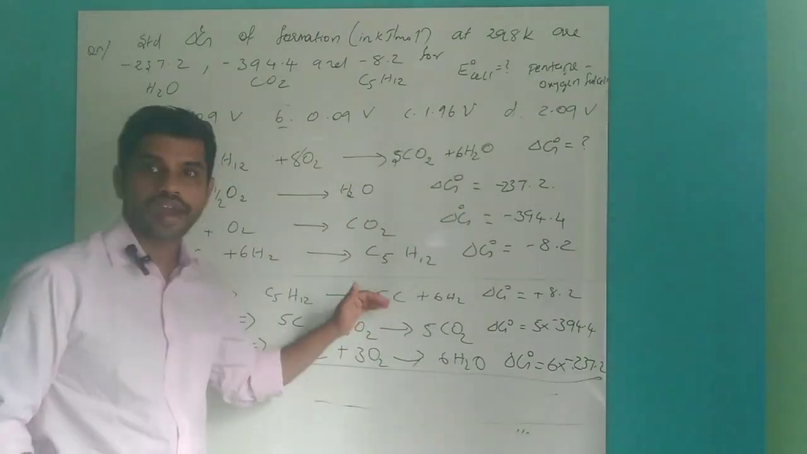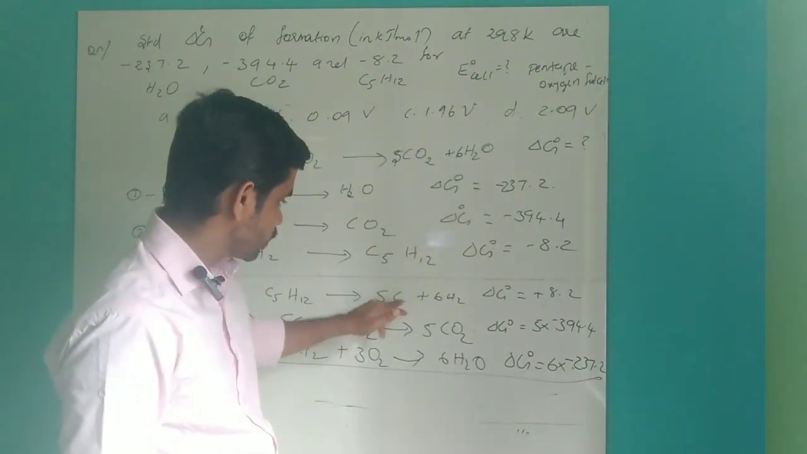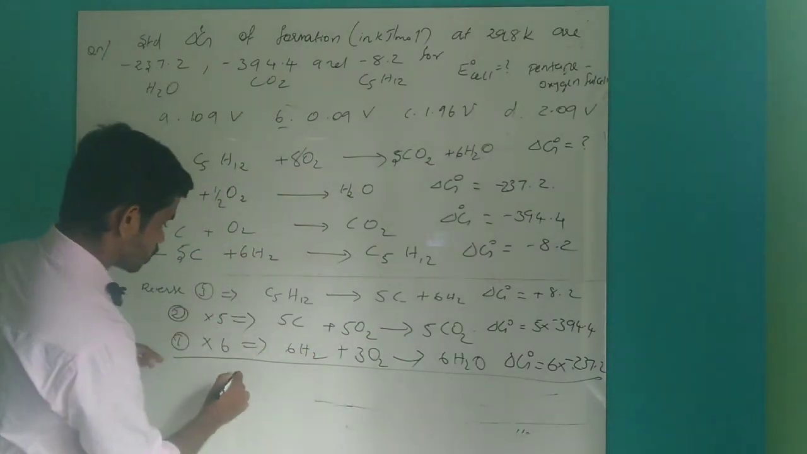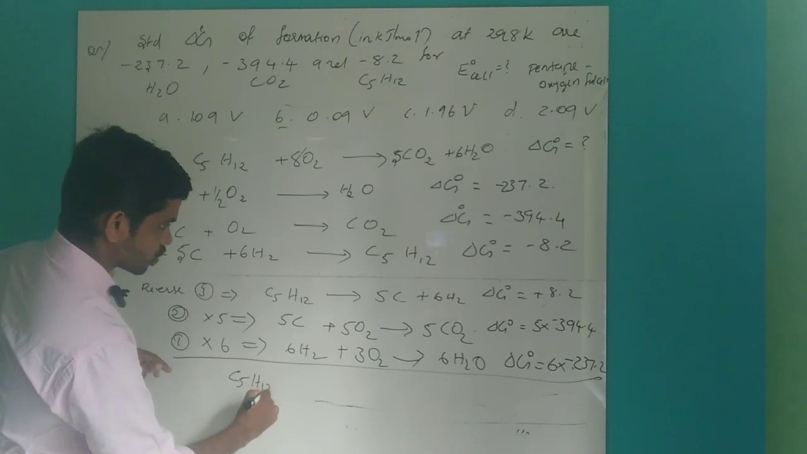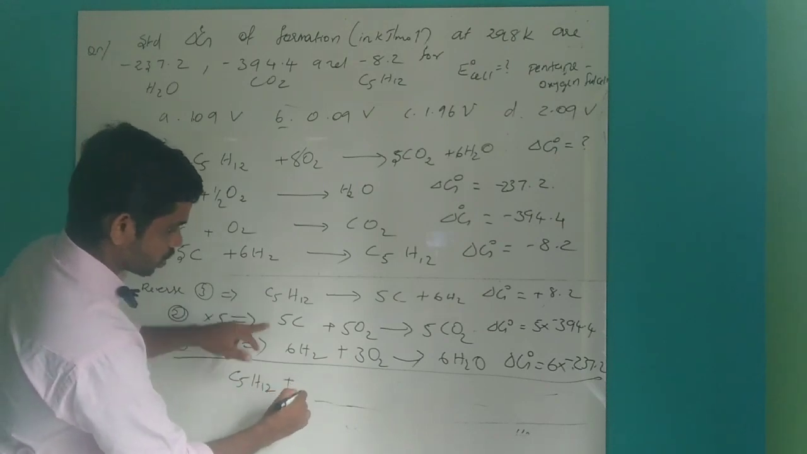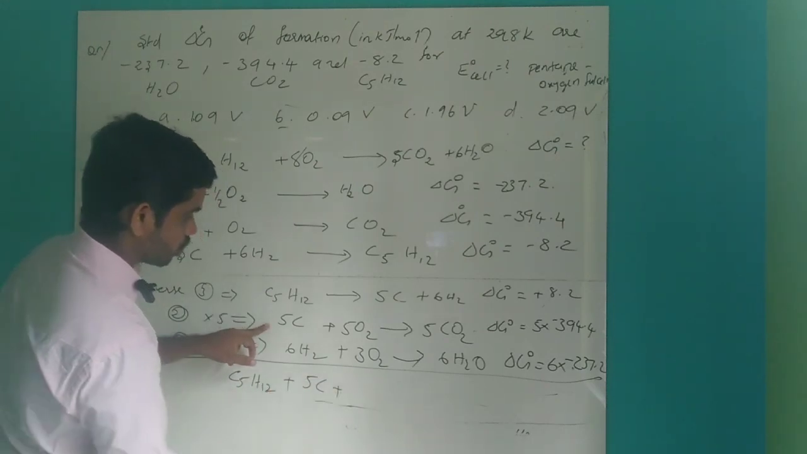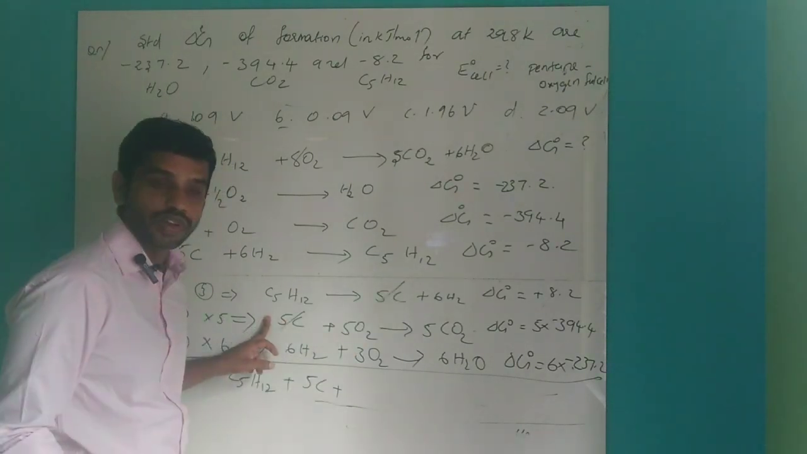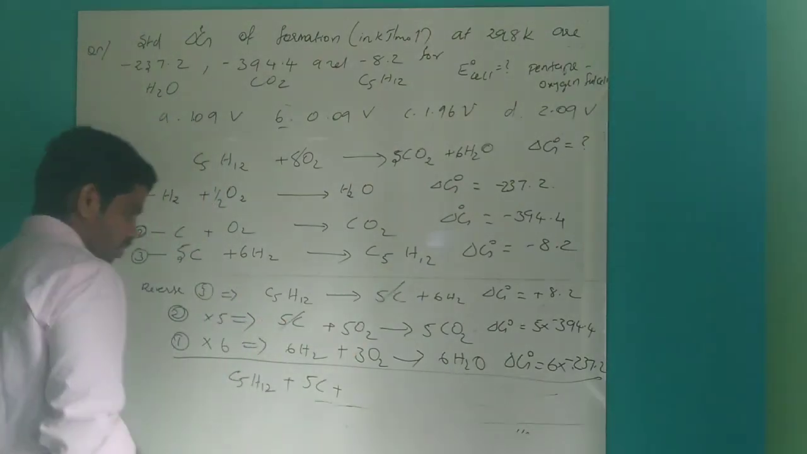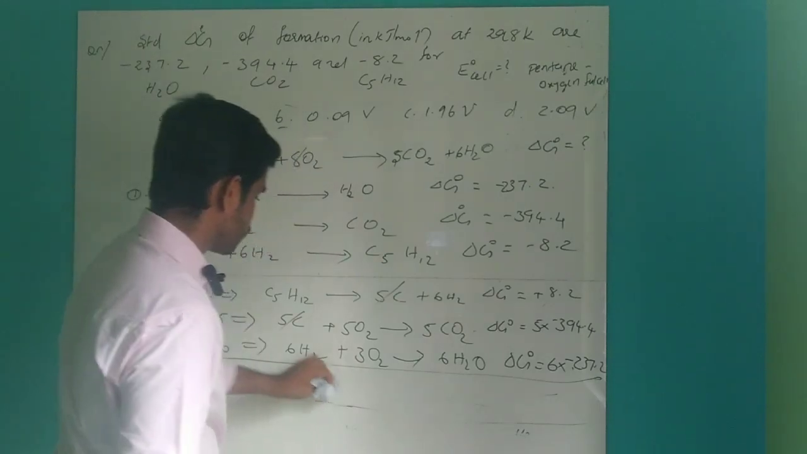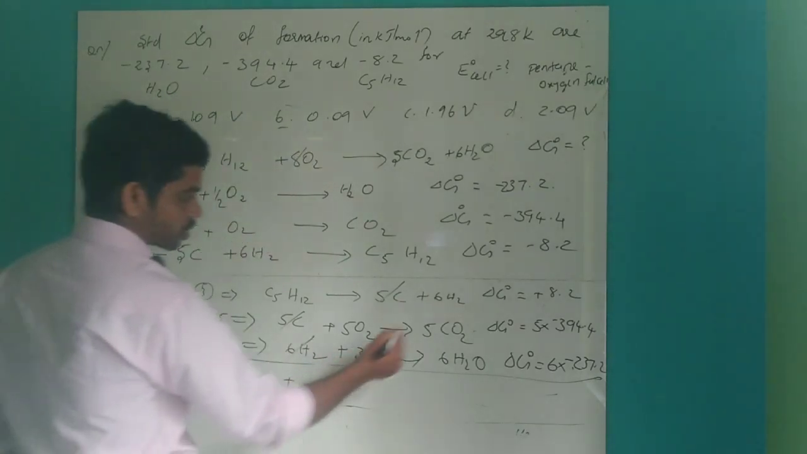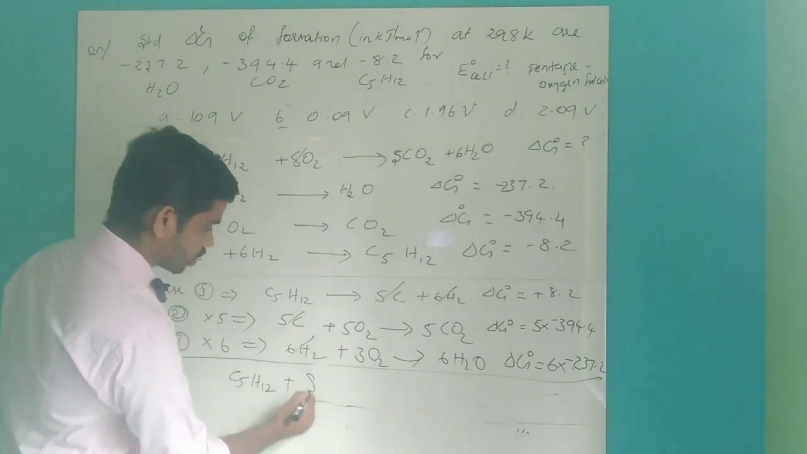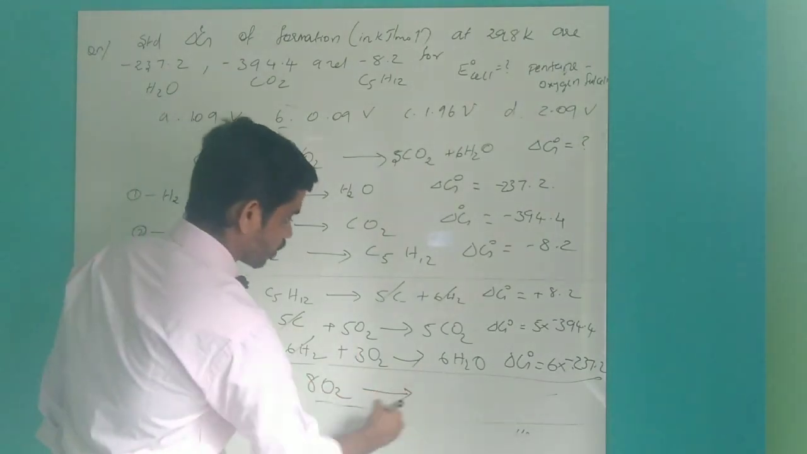Right, now add all these three equations. Now here what will come? C5H12 plus... the 5 carbon here and 5 carbon here will cancel, so 5 carbon will not come. Then 6 hydrogen here and 6 hydrogen here will cancel. 5 plus 3, 8 oxygen will give,